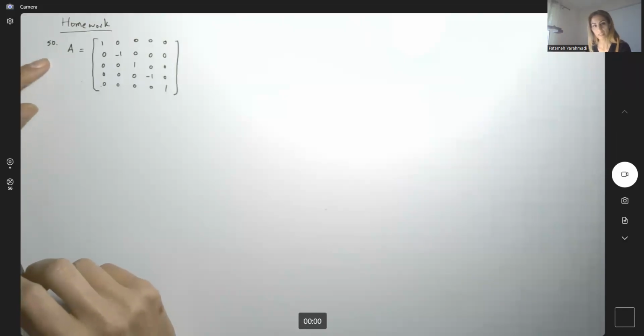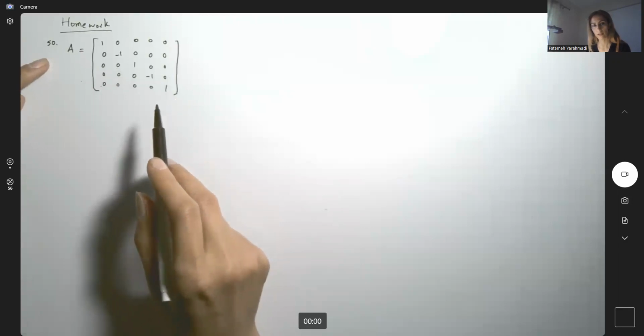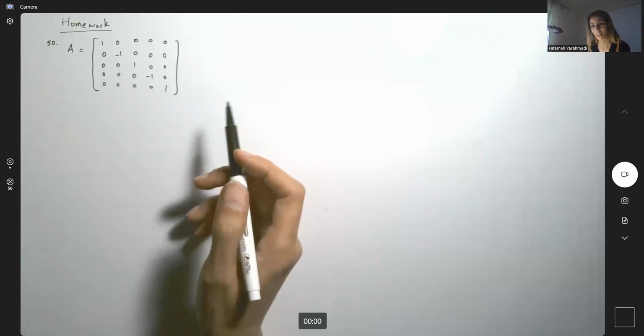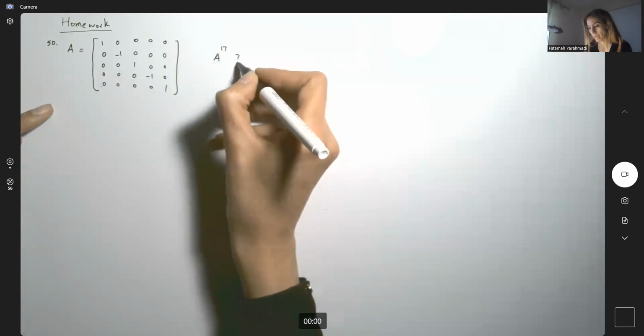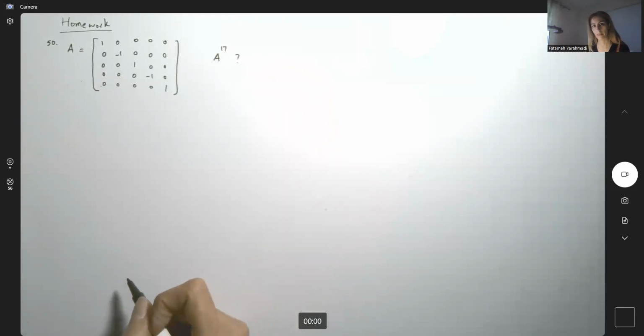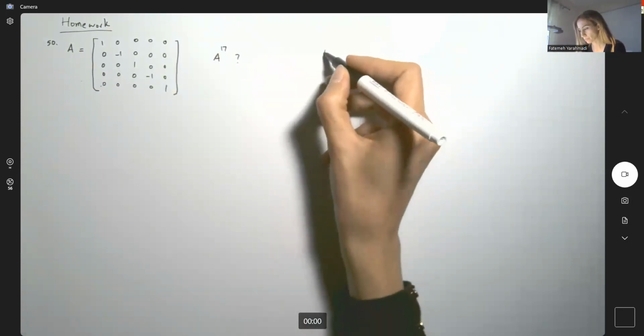So question 50 says, suppose you have a diagonal matrix. And then what are the powers of this diagonal matrix? For example, in this question, it says, what is A to the power 17? How does it look like? In general, if you have a diagonal matrix